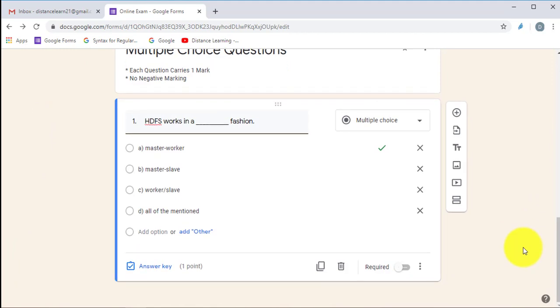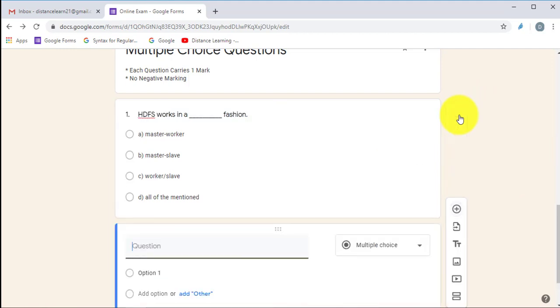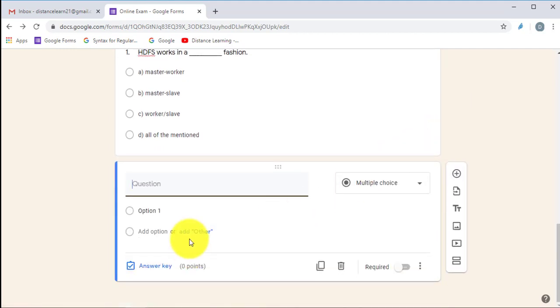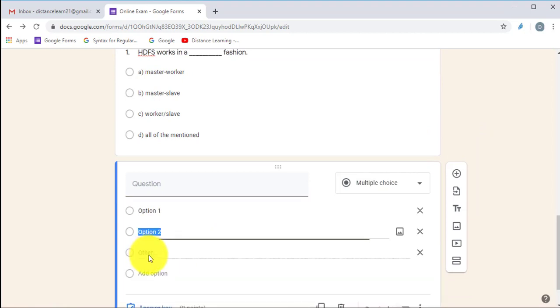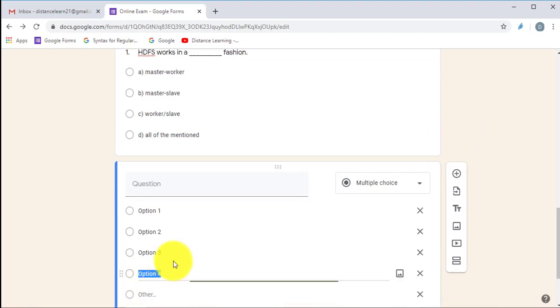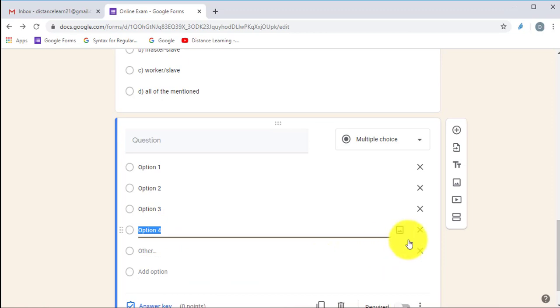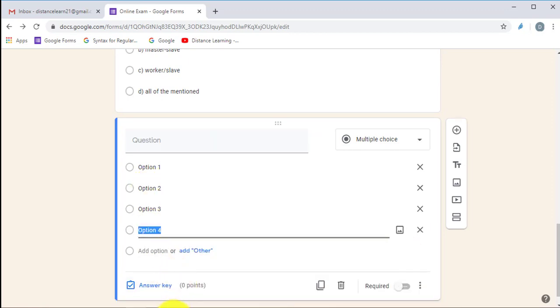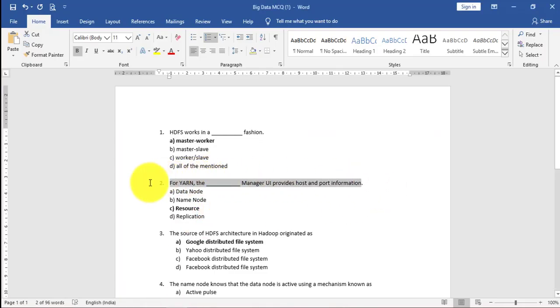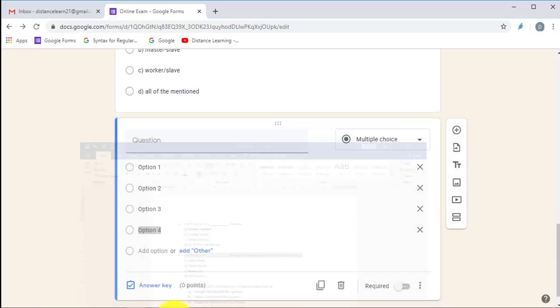Now I will add the second question. To add the second question, again click on the plus symbol, go back here, again add 4 options. Right, 4 options are ready, and I will go back to my Word document. I will just copy my second question here.